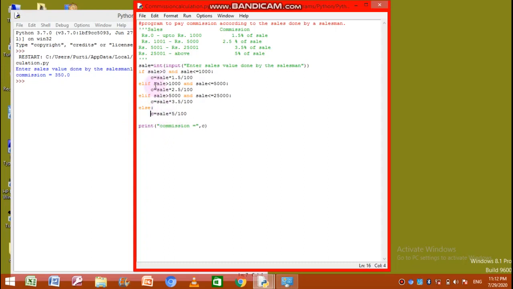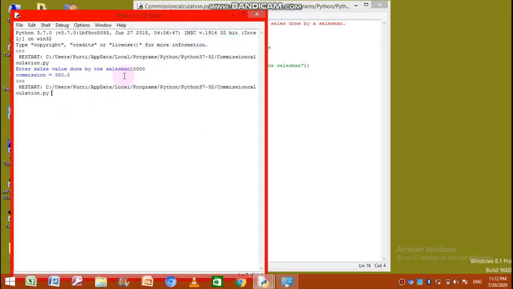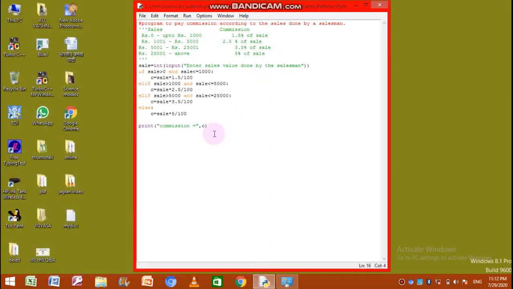If any of the statements is executed, the control automatically jumps out of the if else block after executing any of the statements here. So after the if else block, the print statement is given to print the commission value. The commission value is printed. Let us run it again. For 5% commission, let us enter 35,000 rupees. Commission is 1750. So in this way, students, you can make programs which are based on checking the conditions and then reaching up to the appropriate result.